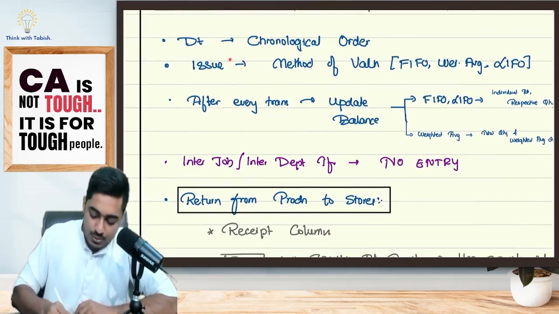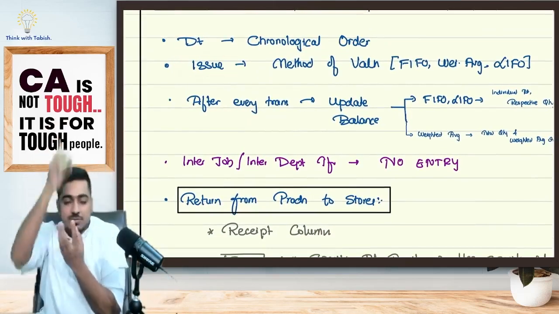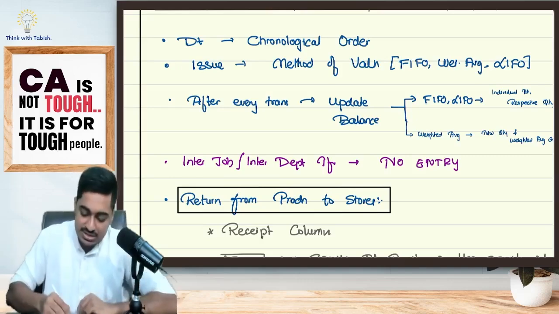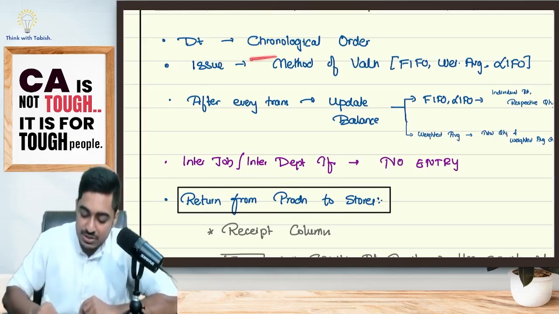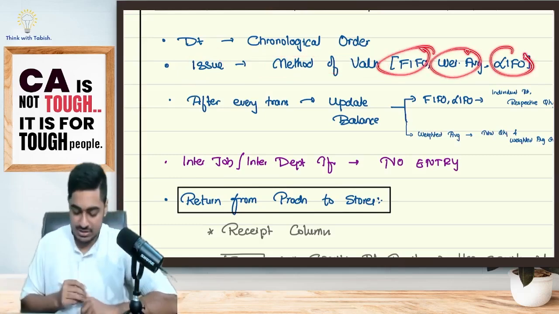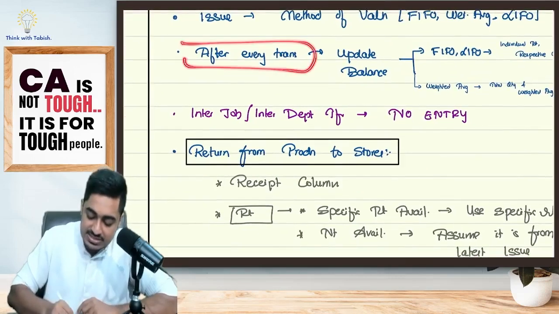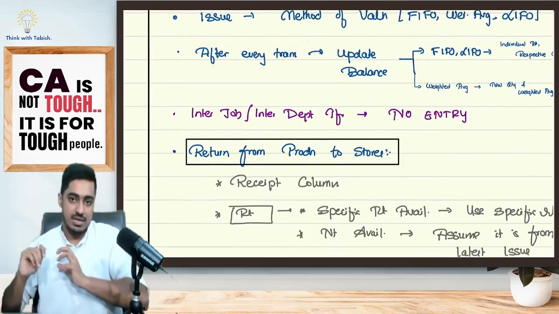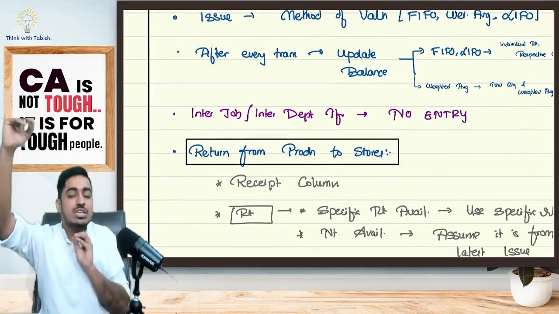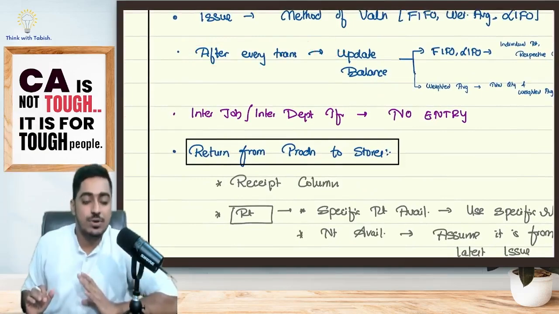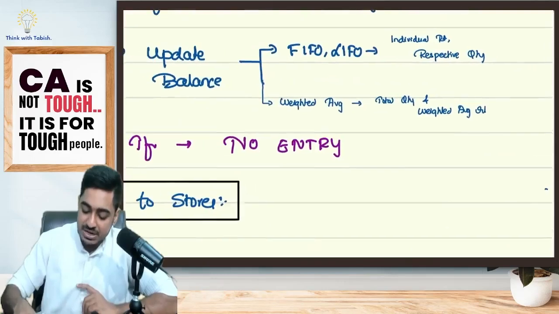Okay. Now, if you are receiving goods from the supplier, a specific rate will be available. I'll use that. If I'm issuing my goods, the method of valuation will come into the picture. What all is the method of valuation? FIFO, LIFO, weighted average. Okay. After every transaction, I have to update my balance column. Imagine I had 50 units. 10 units I issued. Now I'll have to tell I'm only having 40 units in my balance. Now how do I update my balance?